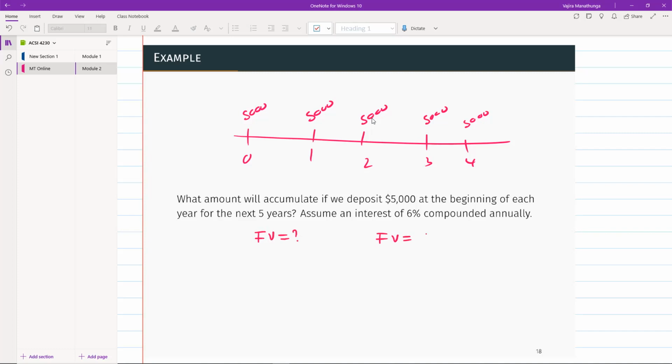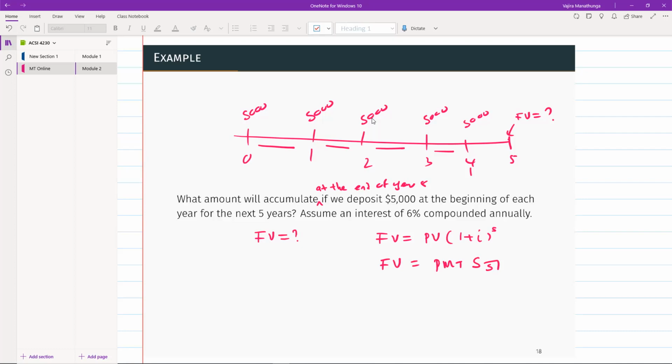Remember, future value is basically present value times 1 plus i to the, in this case, will accumulate at the end of the year 5. Okay, so you have to ask that question at the end of the year 5. So this is year 1, this is year 2, year 3, year 4, and the end of year 5 is here. Okay, so future value is here. So I can write future value equal present value times 1 plus i to the 5. Okay, that's one way. The other one is I can write the future value is payment times